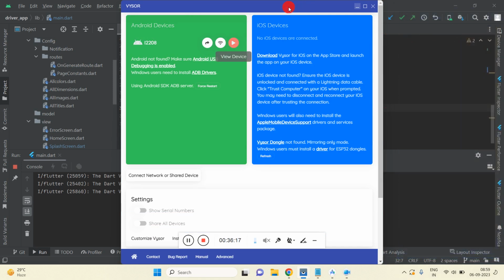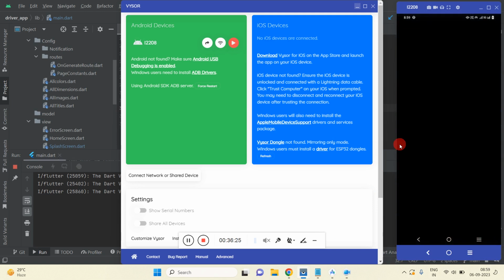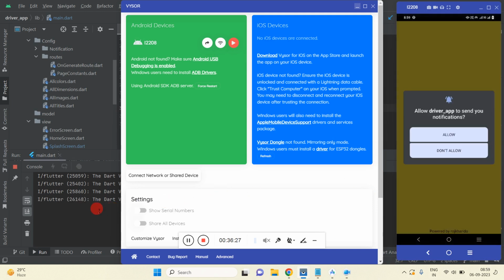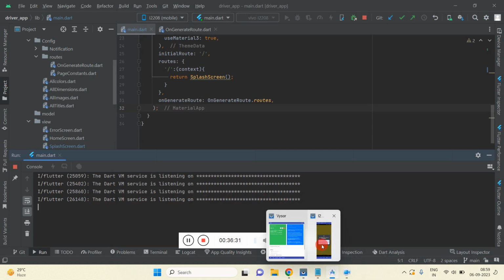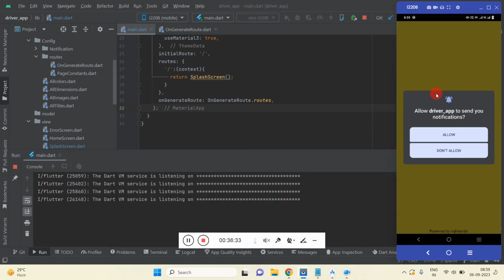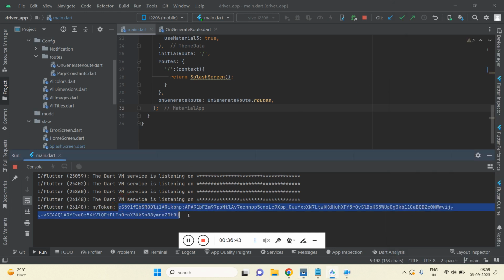I think Visor is not working, so I'm going to open this again. Okay, so when you will run this application, then you will get this type of interface. Then you need to allow this. Okay, so when you will allow, then you will get this token. Okay, so just copy this token,